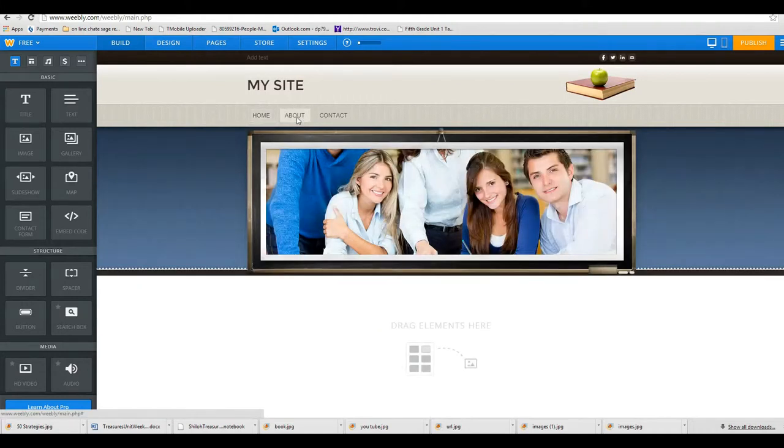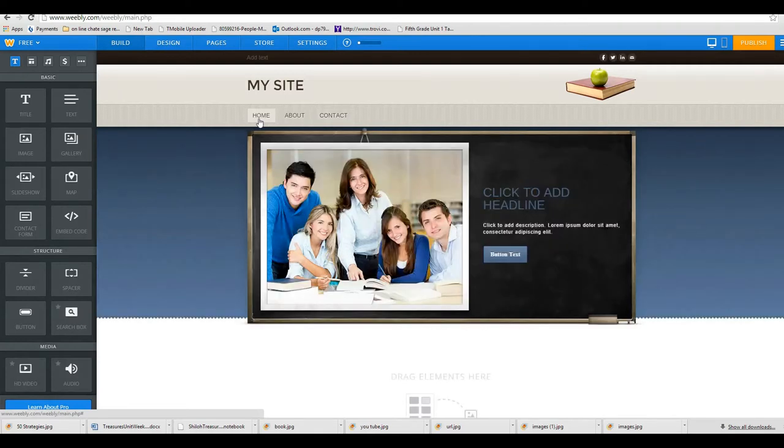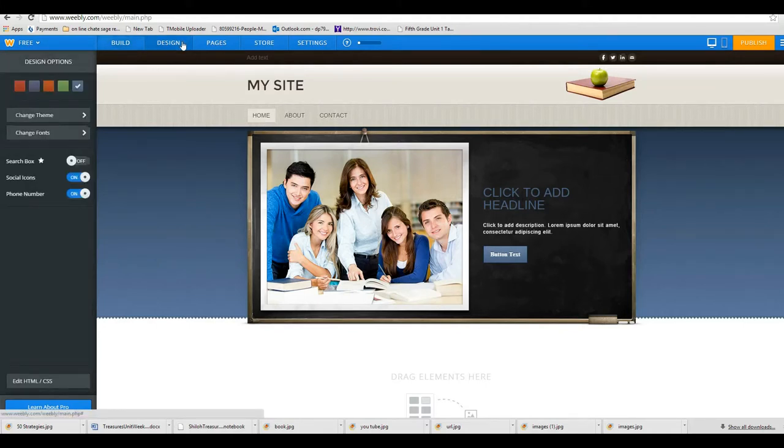You can add more, for about, so you can actually design a second page. You can also have a contact page. You can add to that with other pages, but in this assignment, we are only going to focus on our home page. So as we go through and we're building our page and we want to design our page,